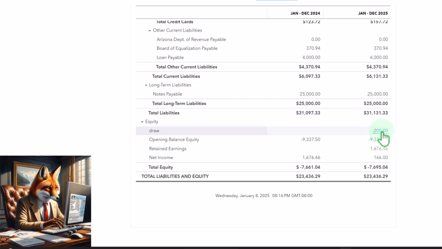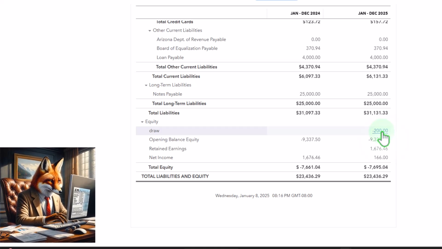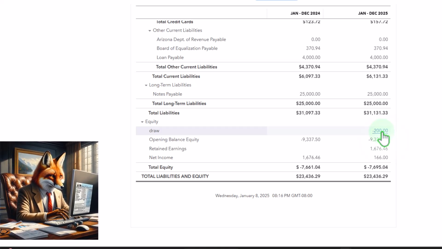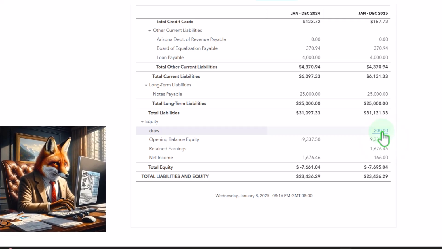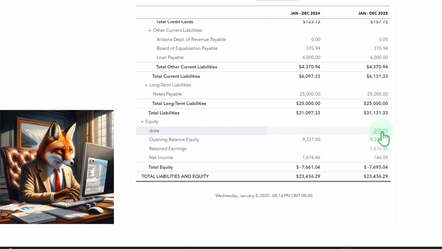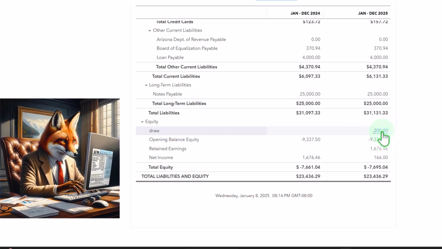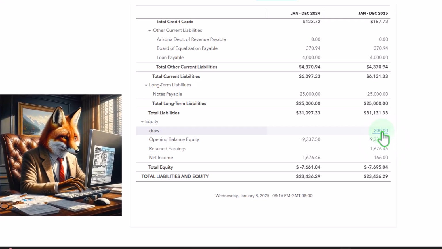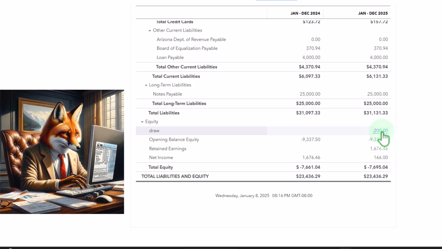It would be similar to if cash happened, then we would have cash, and then we would give the cash to ourselves as a draw, and then we would pay for it out of our personal account, right? That would be how we would like it to work from a bookkeeping standpoint, because it's going to get messy if you start paying for personal things out of your business checking account, because then you have to decide what is personal, what is business, which is more difficult if the bookkeeper isn't the one that is the owner in